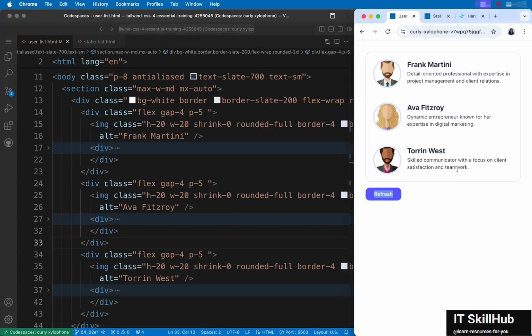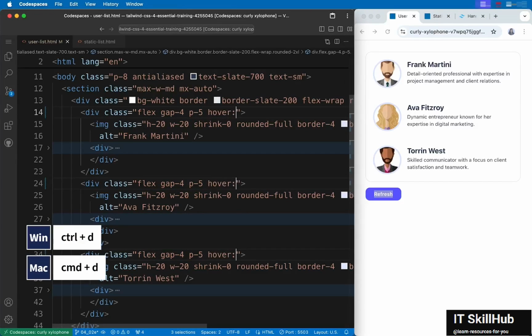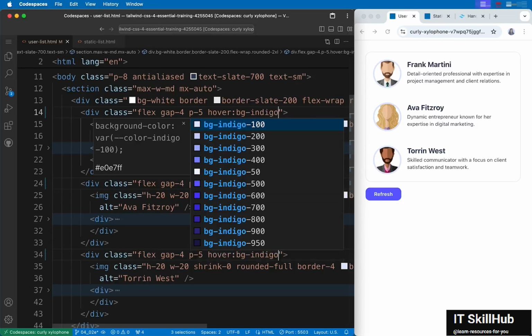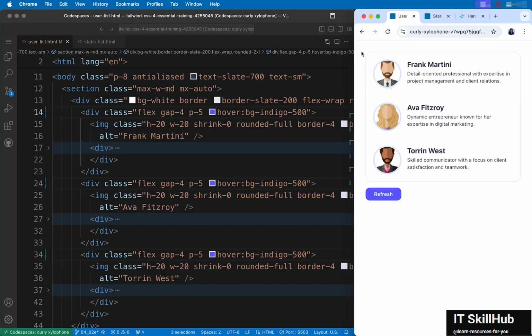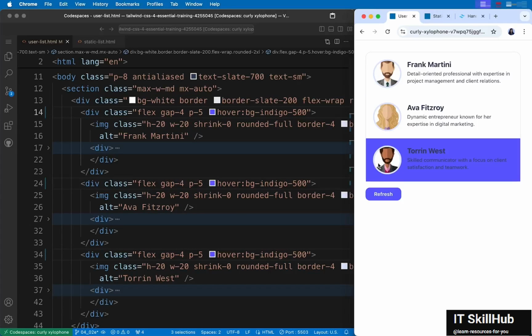Now, assume we wish to add a background color on hover for each of these user divs. So if I add that here, I will be adding it 3 times, but you don't have to, you will surely add it only once. So let's say I add hover BG Indigo 500. Now if I refresh, I hover. Yes, the color changes, but notice that the rounded corners disappear, it becomes sharp corners on hover, even on the last child. Now I expect, at least for the first and the last item, I expect the rounded corners to remain.